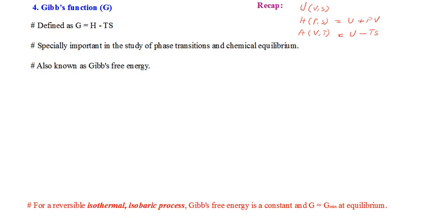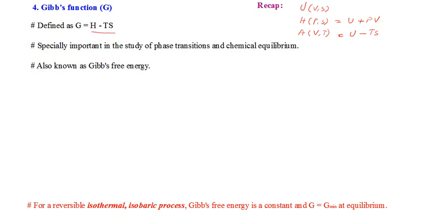We have written the total differentials of all these quantities, and we could also obtain the derivatives. The other quantities could be expressed in terms of these quantities. That's what we have done so far. Now let's come back to our Gibbs function, or Gibbs free energy. So as usual, we will define Gibbs free energy by a Legendre transformation. So you can see the definition of Gibbs free energy is G equal to H minus Ts.